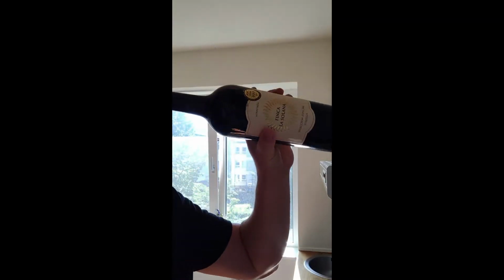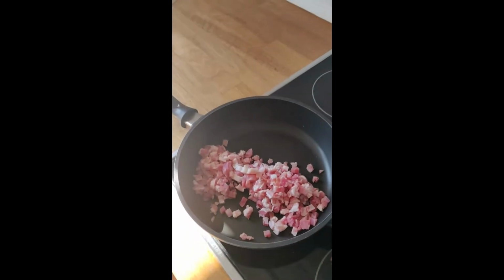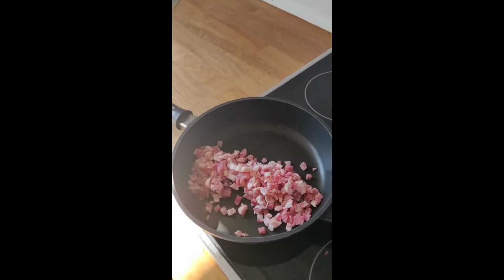So first of all, what we're gonna do is open the bottle of wine, which I am doing right now. And since I'm also an alcoholic, I'm just gonna taste the wine to see if it's good. It is. Alright, so we're gonna take about 300 grams of bacon, and we are simply gonna roast it here